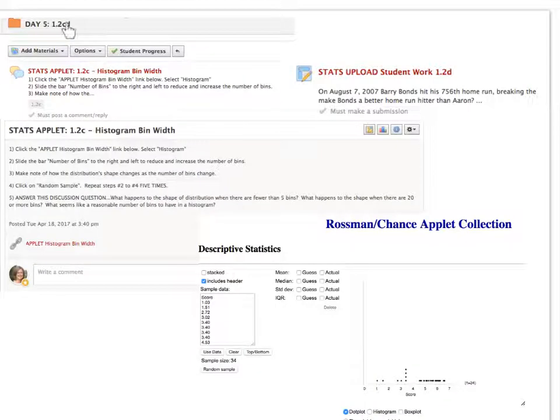Now, some of the daily learnings will also have applets for you to do. This happens to be day 5 within chapter 1. It's a stats applet on histogram bin width. Just read the directions and it's going to tell you what to do. Click on the applet. When you're inside of it, all the directions are here. And this says to click on this link. When you click on the link, you'll be